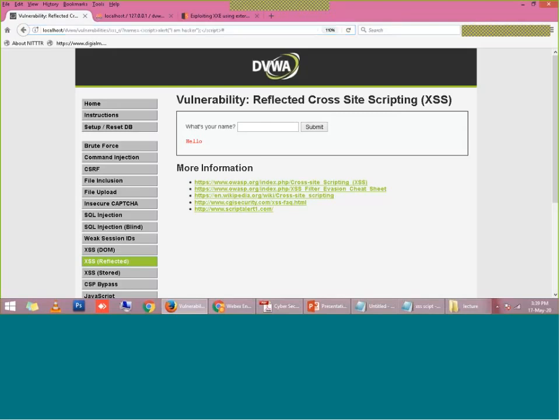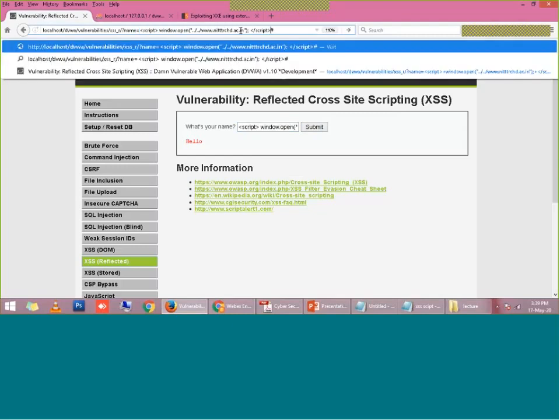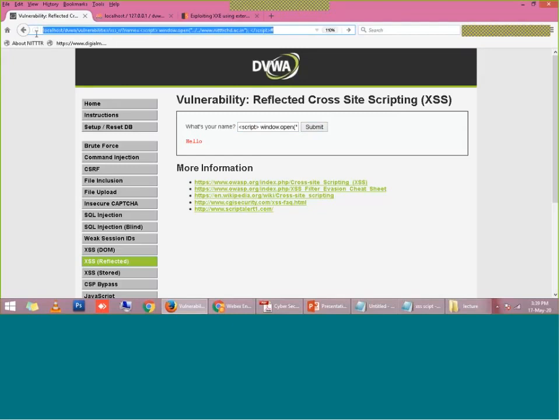So like this, if I write here JavaScript window.open, window.open is for redirecting you to a different website. Whenever I write this JavaScript at the end of this bank URL, I will send it to you via link or social engineering.